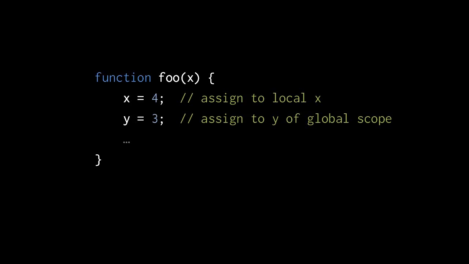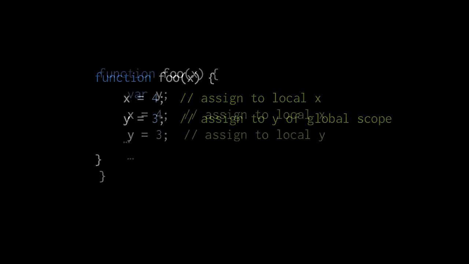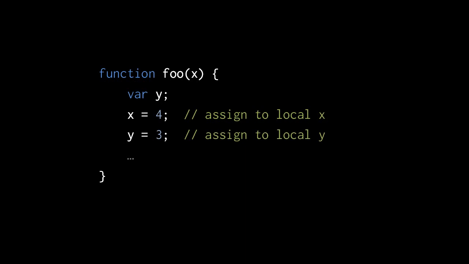I mentioned briefly before that local variables in a function of Python get created implicitly by assignments. Recall, though, how things work in JavaScript. In this JavaScript function, x here is a local variable because the function foo has a parameter named x, but the variable y here is not local because the function foo has no parameter named y. To make it a local variable, we have to explicitly declare that this function foo has a local variable y